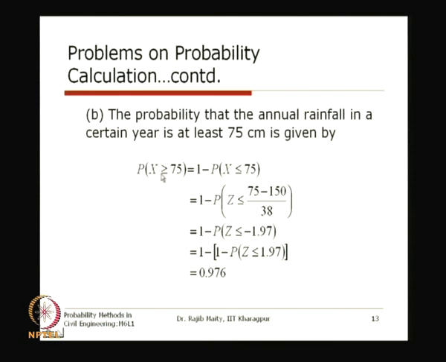Now this probability x greater than or equal to 75, we are first converting it to 1 minus probability of x less than or equal to 75. So why are we doing this? You know that the probability of x greater than or equal to 75 plus probability of x less than or equal to 75 basically includes everything, all the area under the